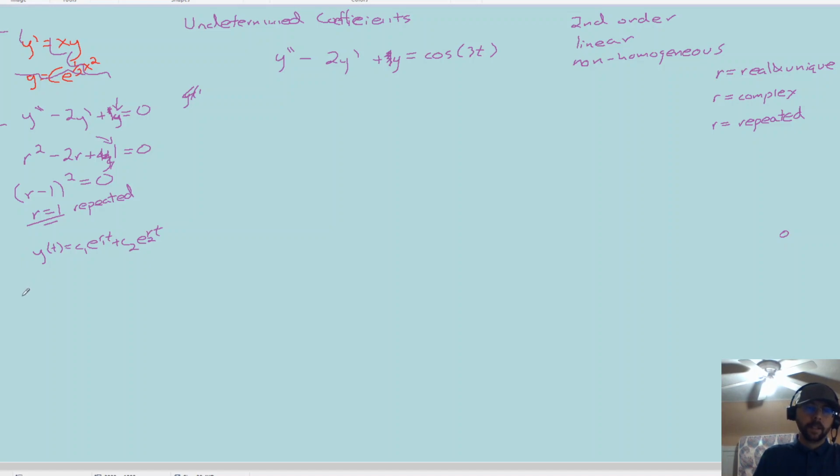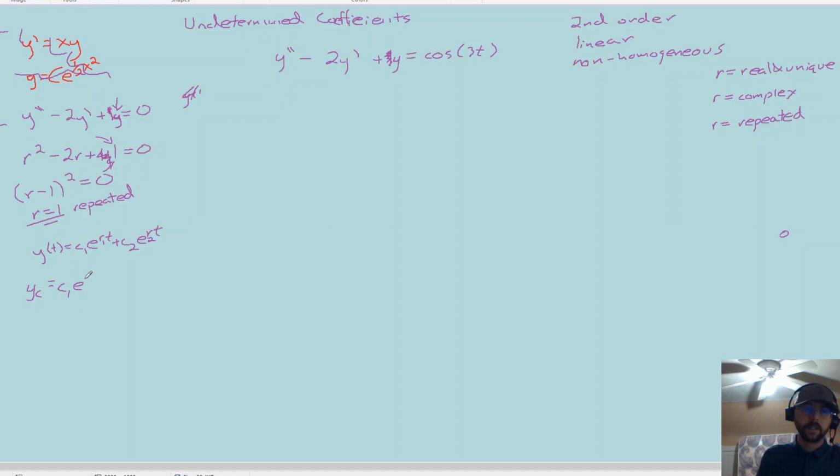So then our solution, which in this case is y characteristic, y sub c, that's what they call it. The final full solution is going to be y of t equals y characteristic plus y particular. Right now we're finding y characteristic. If the original problem up here did not include cosine of 3t on the right hand side and just included a 0, then finding the y characteristic is the full answer, and you're done. But this is a two-step problem. So y characteristic equals